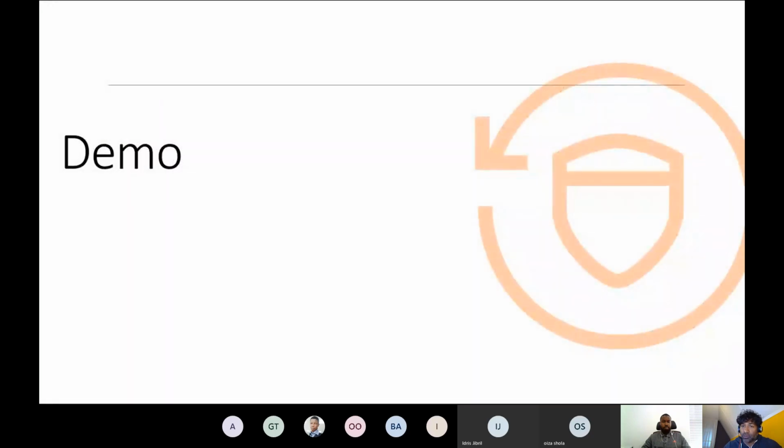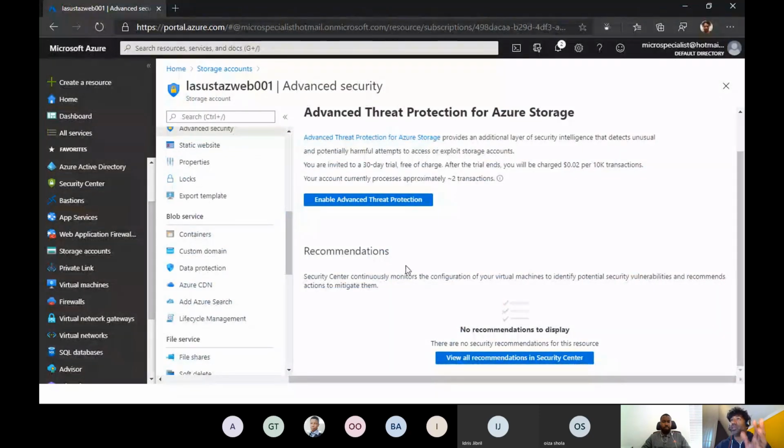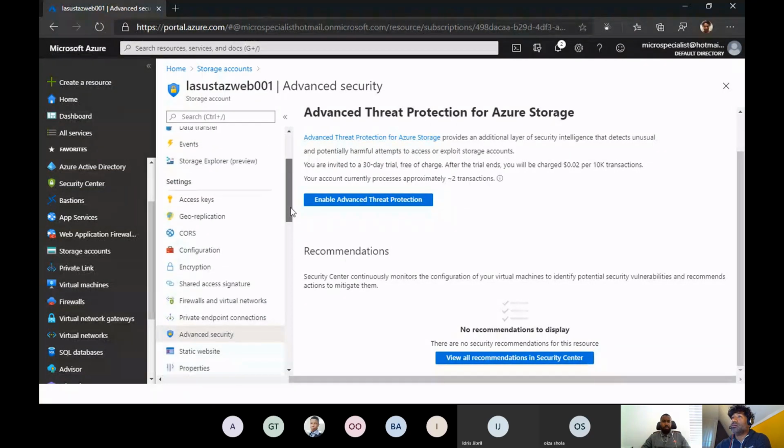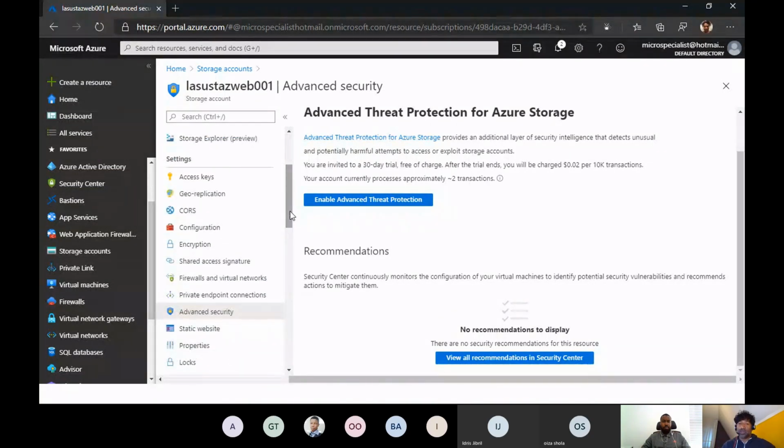So with that, I just want to go back to the next demo that I have set up, just to have a look at. So last thing we looked at was setting up advanced threat protection. Now, because